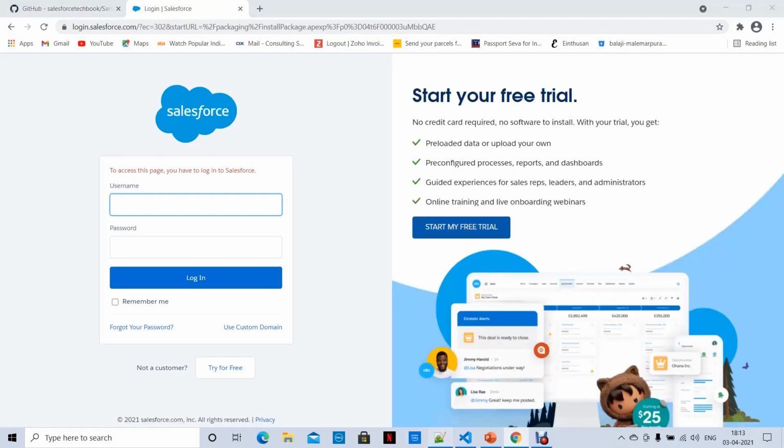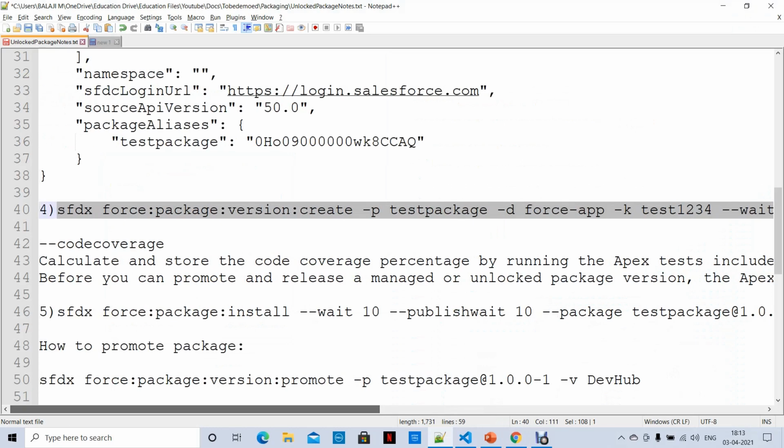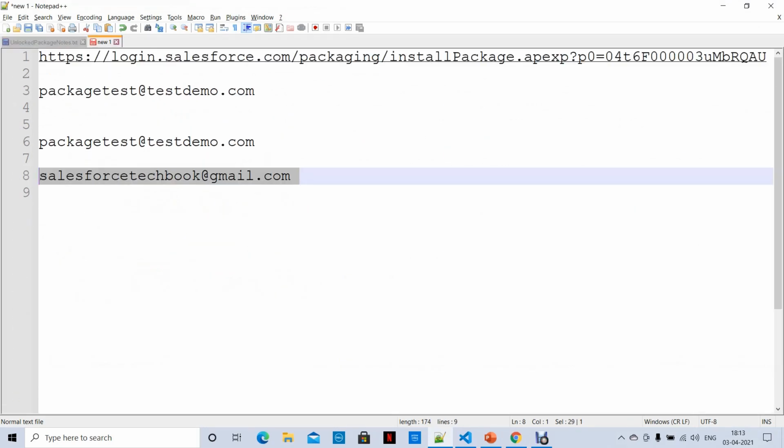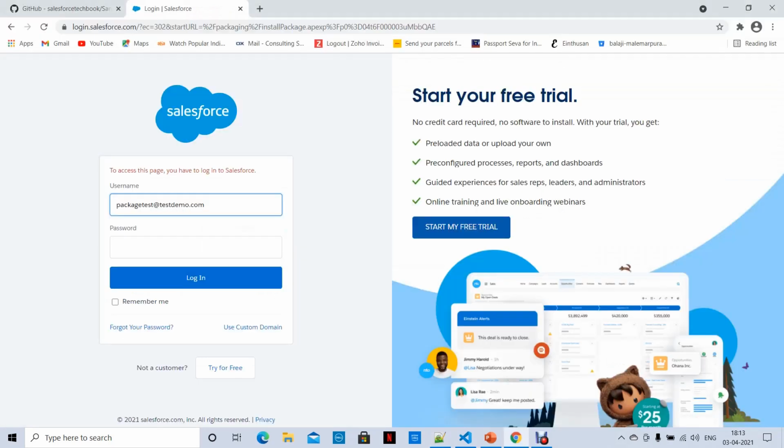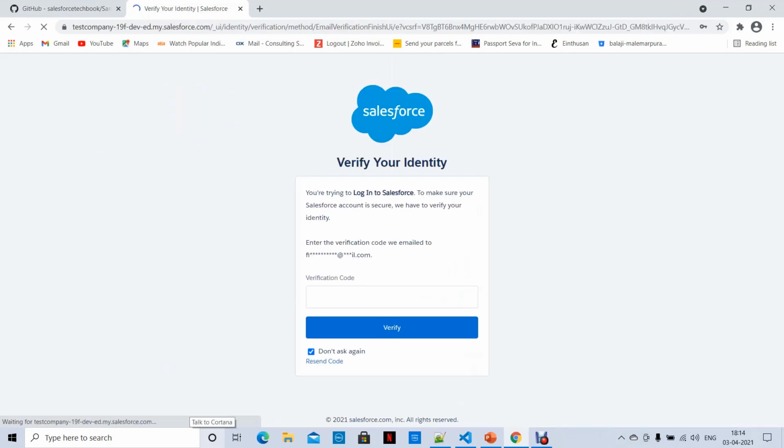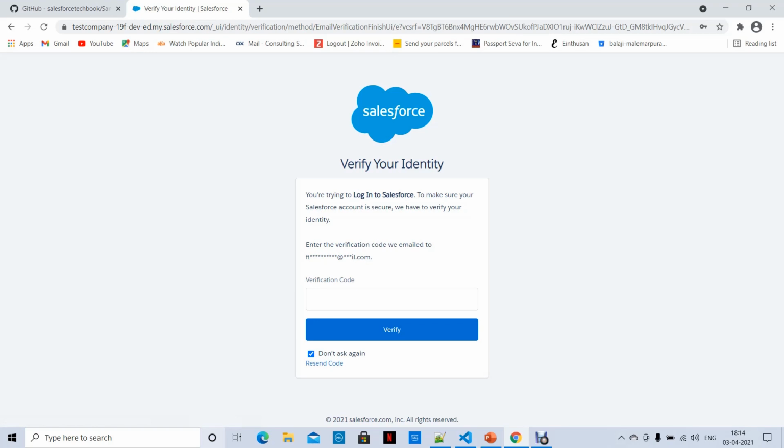So now I'm going to use our latest org. This I created for package test only. See here, test demo. And then it is going to ask for the password. It is the Salesforce verification code, not the package one. So 69, verify.